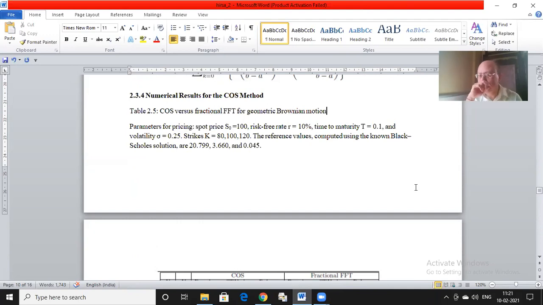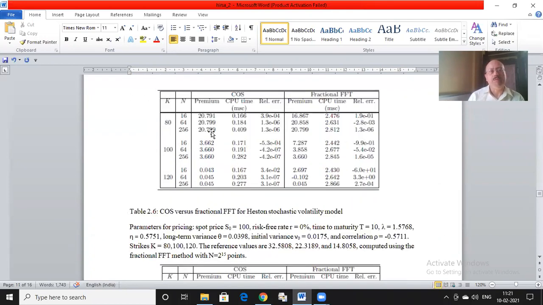The FFT, then the fractional FFT, and the cosine itself. Not only that, the convergence to the true value is also quicker, so one can use less number of terms in the expansion. So I have double advantage. So for each fixed n, I save time, and also if I use the cosine method, I can use a smaller n, so I save more time.